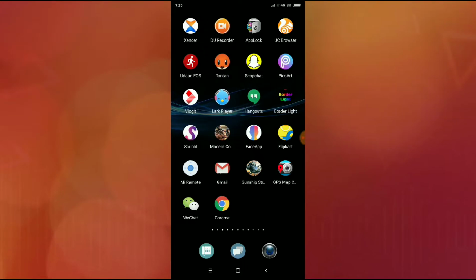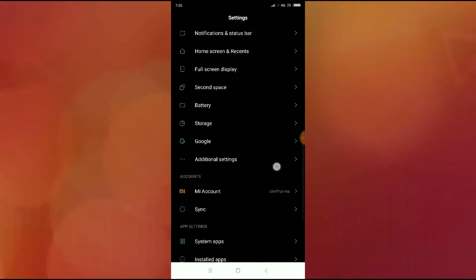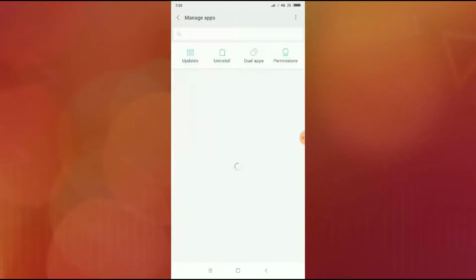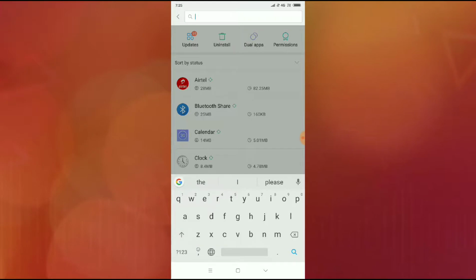In this video I will show you how to fix Google Play game not signing in problem. So guys, for this there are three steps. First is that make sure that your internet connection is on, and the second is you have to go to your phone settings, and then you have to go to install app or app manager. Here it is. And then now guys, you have to search for Google